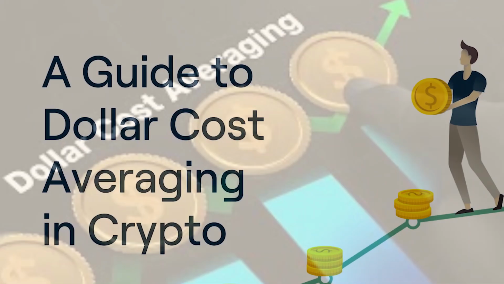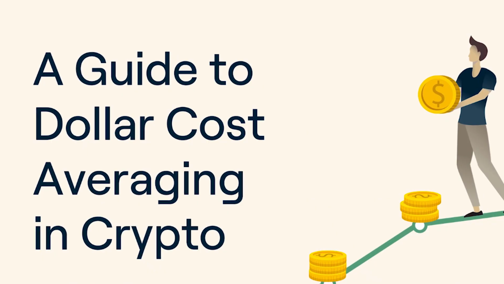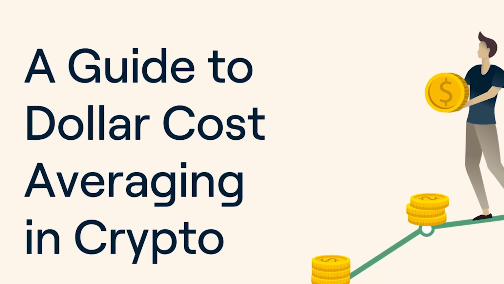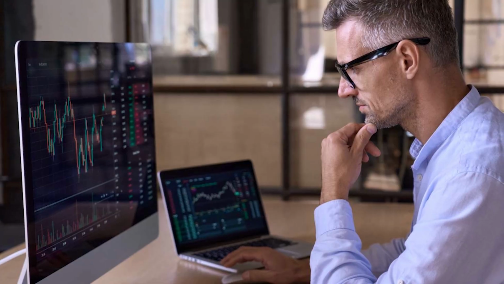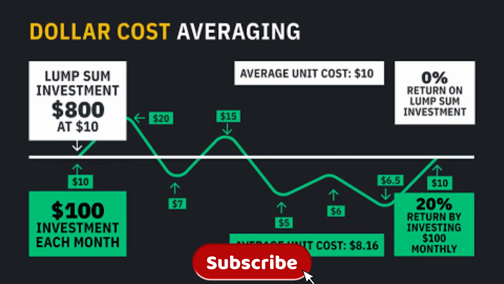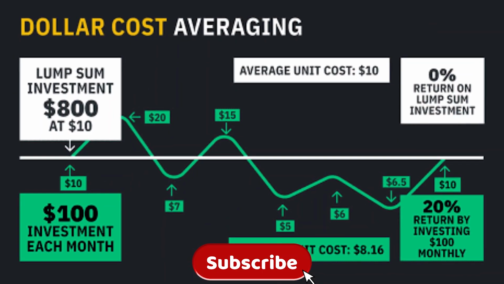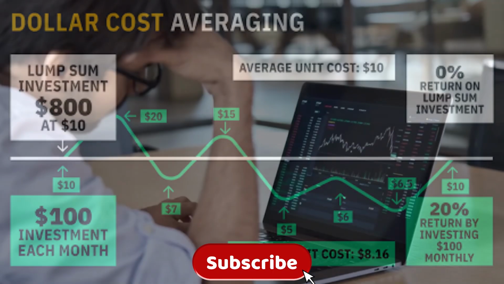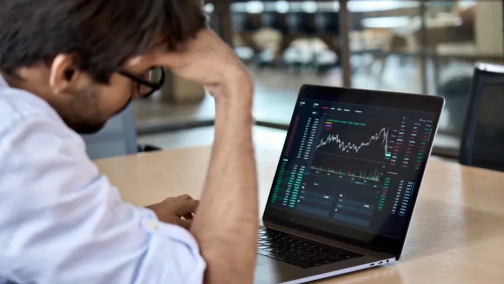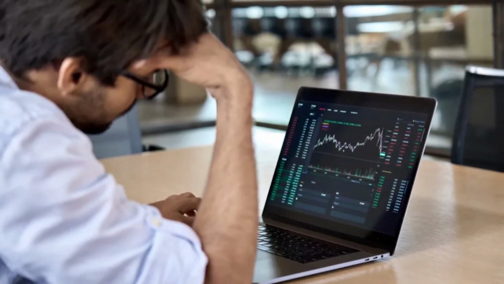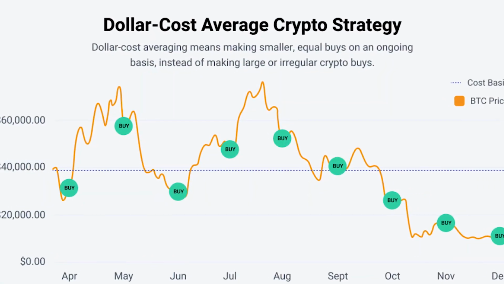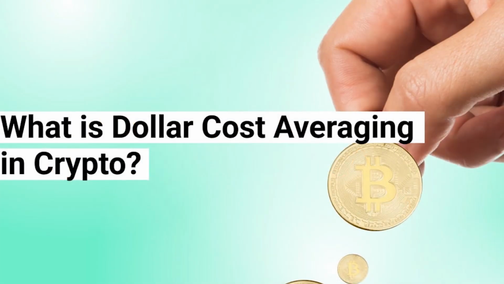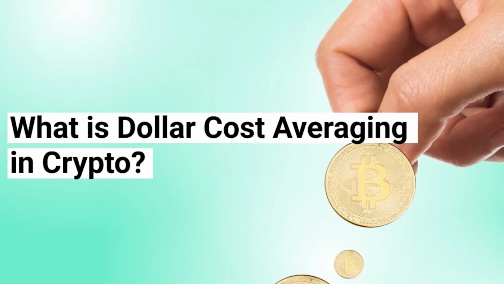There are also some common mistakes you'll want to avoid. One big one is investing money you can't afford to lose. Crypto is still a risky and speculative market, so never put in funds you might need for emergencies. Another mistake is chasing hype. If you suddenly change your DCA plan to include a coin just because it's trending on social media, you might be buying at inflated prices without understanding the risks.